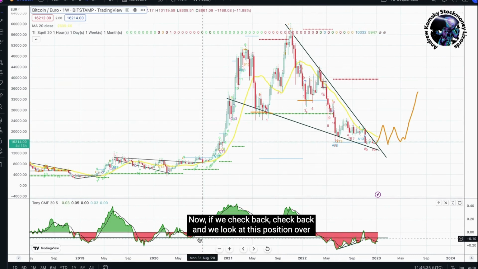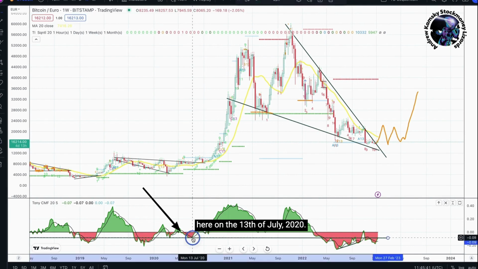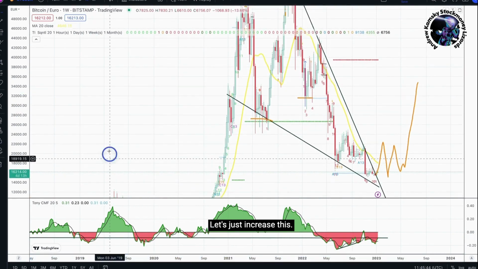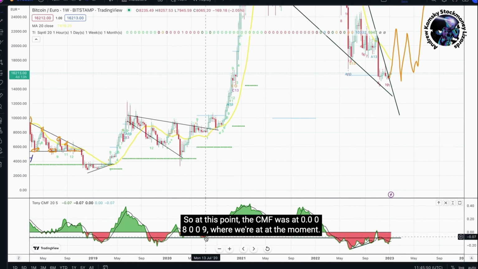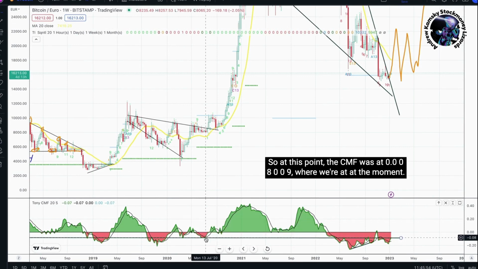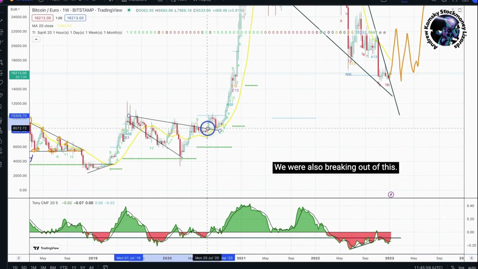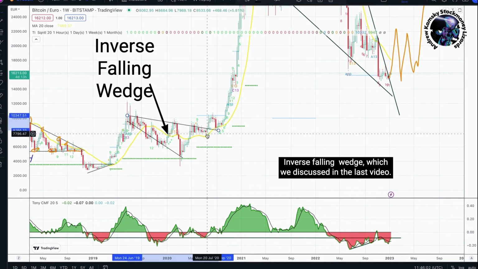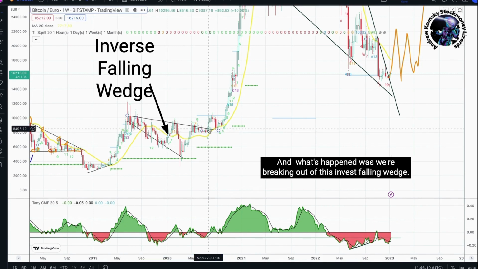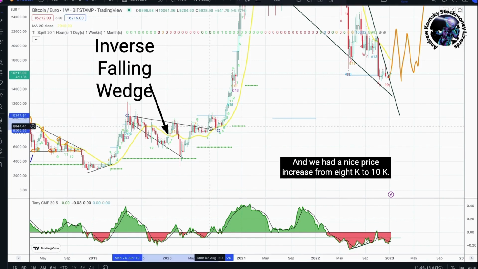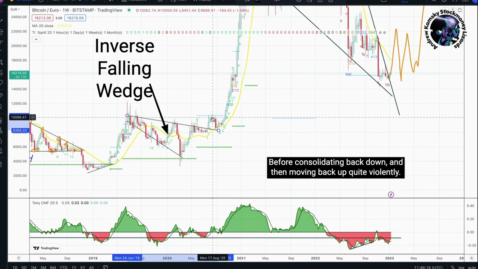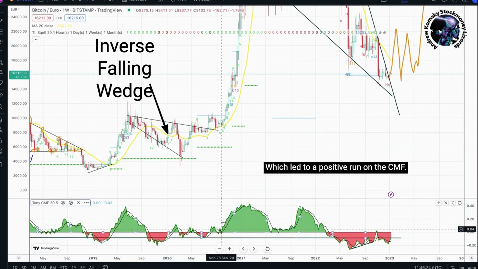Now, if we track back, and we look at this position over here on the 13th of July 2020, let's just increase this. So at this point, the CMF was at 0.008009, where we're at the moment. We were also breaking out of this inverse falling wedge, which we discussed in the last video. And what happened was we're breaking out of this inverse falling wedge, and we had a nice price increase from 8K to 10K before consolidating back down and then moving back up quite violently, which led to a positive